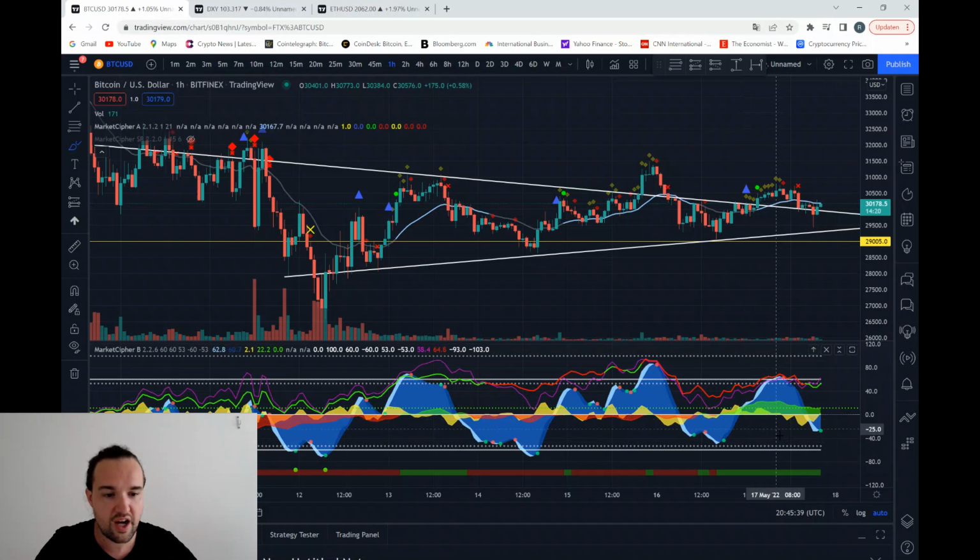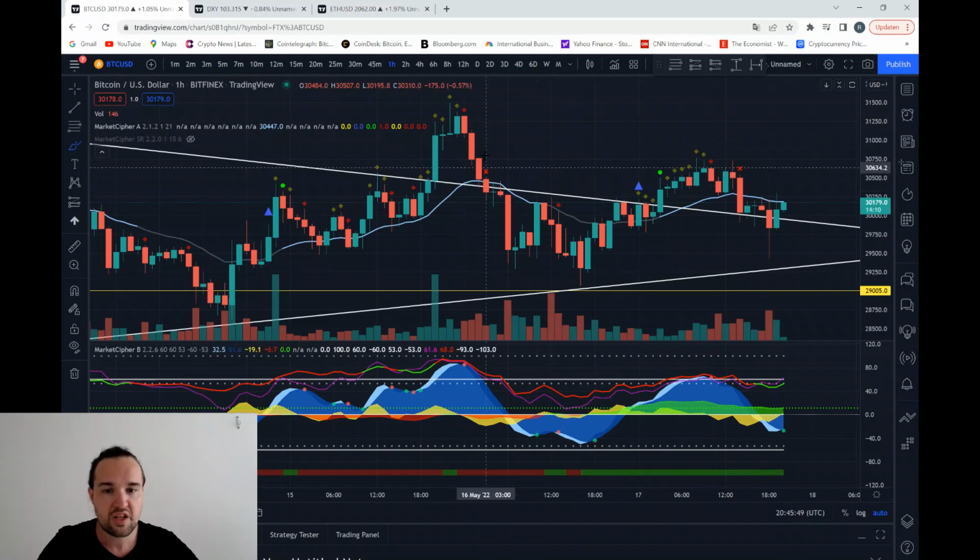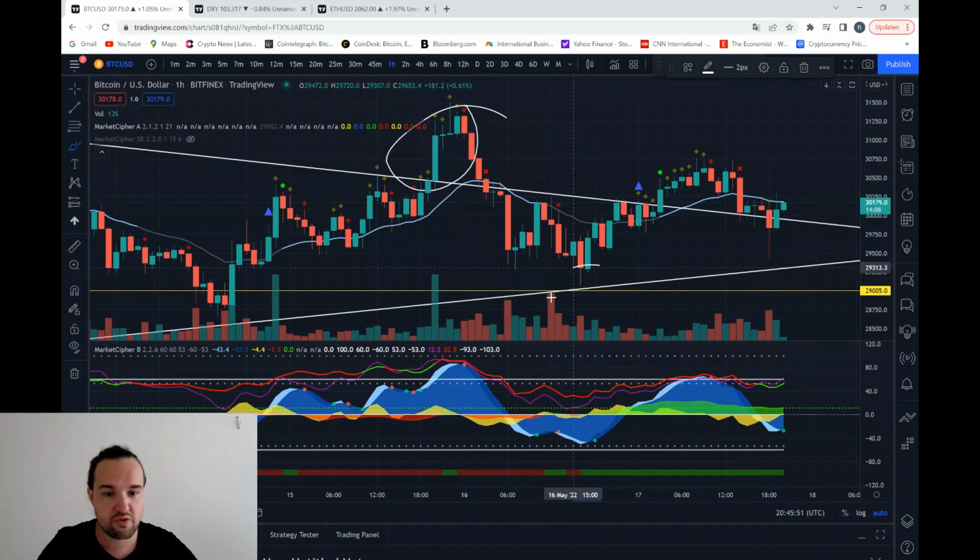So a bit of mixed signals. If we go to the hourly, it looks like we now want to print a red dot, but the money flow at the same time looks like it wants to curve down. VWAP up is off and the RSIs are up, so also a little bit of mixed signals. If I'm zooming in, we're seeing that we had the fake out here. Of course, we retested the bottom here, went higher, broke out, went lower, retested the resistance which flipped into support,